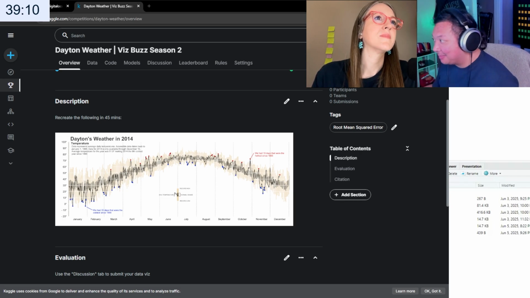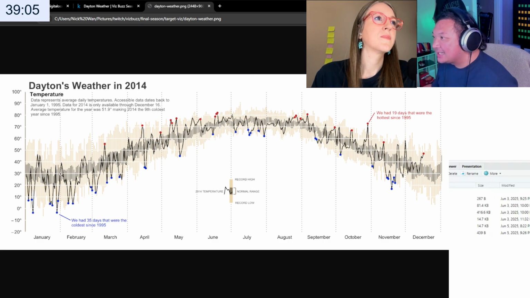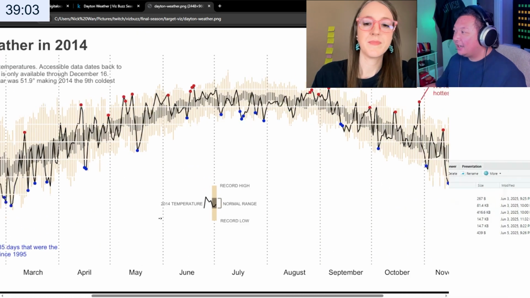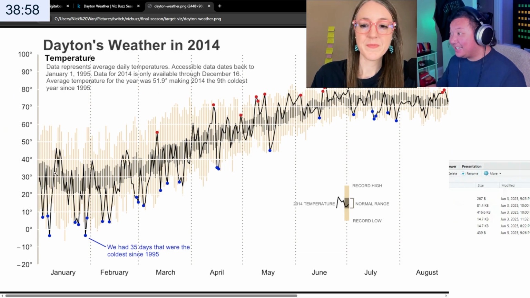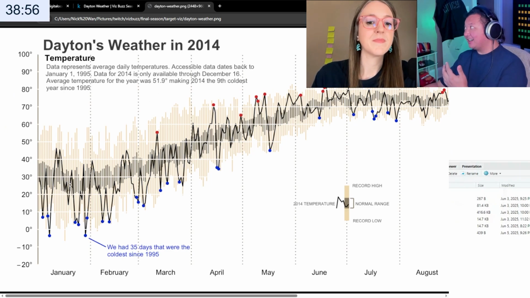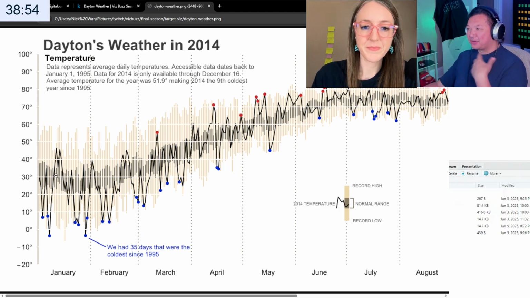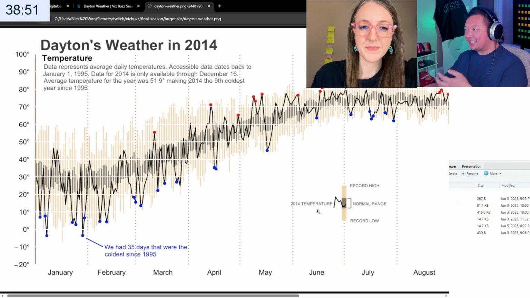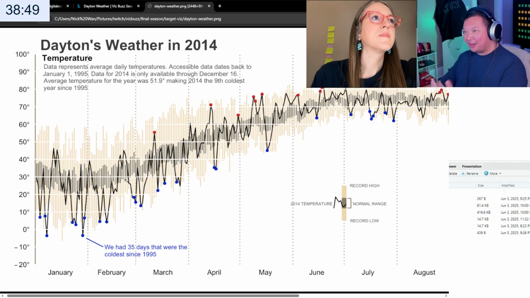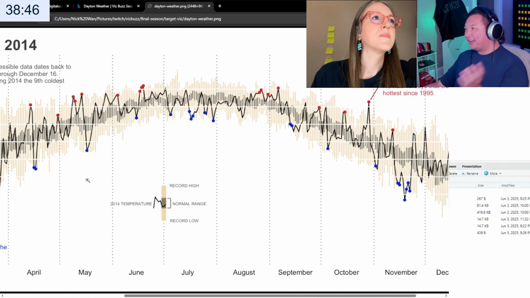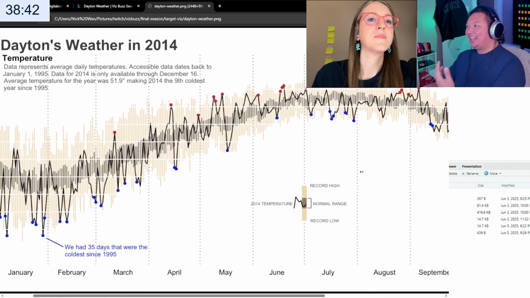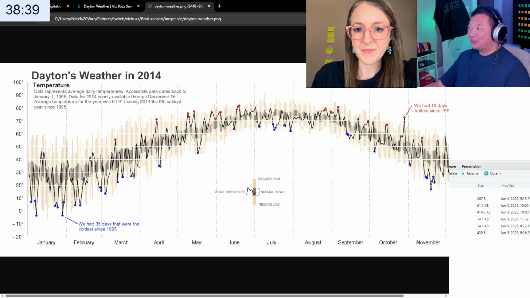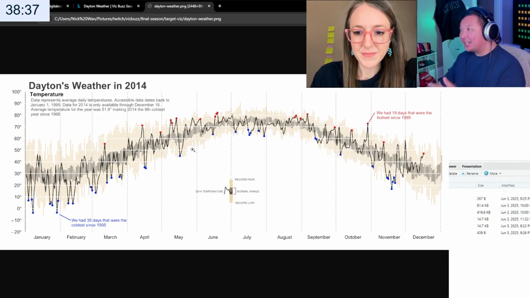This is a very long plot. But this is temperature through a year in 2014. And so you can see there's a lot of different elements here. You got some sort of line elements, you got some sort of range, some sort of variability elements, and then of course that overall trend, which may or may not be smoothed. So they got a lot of stuff to work with here, plus a lot of different annotation, a lot of